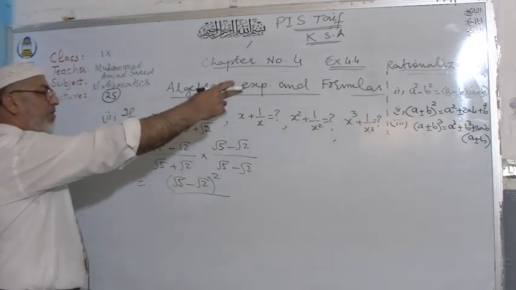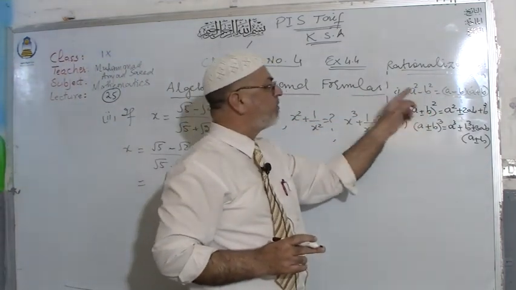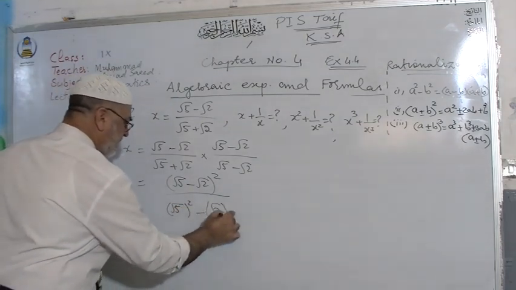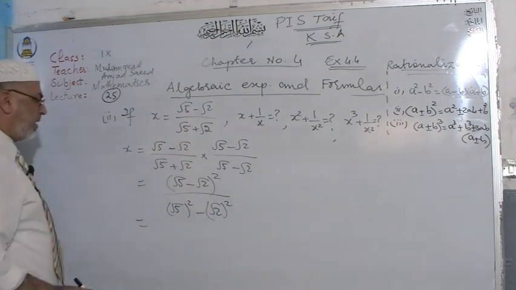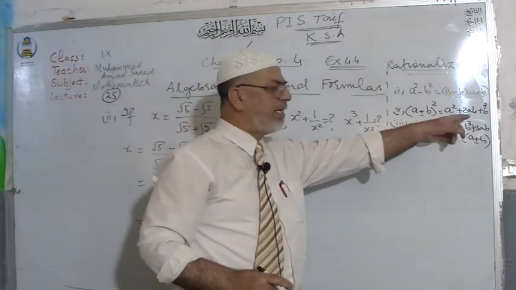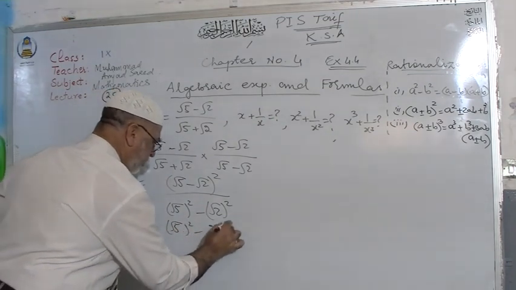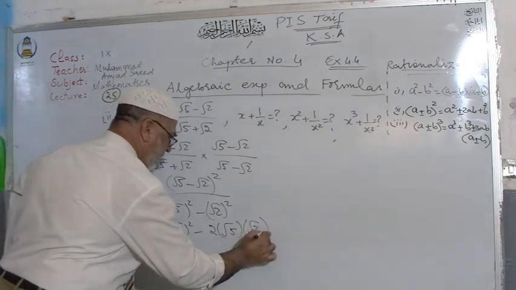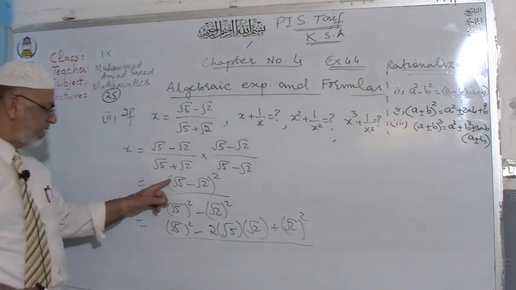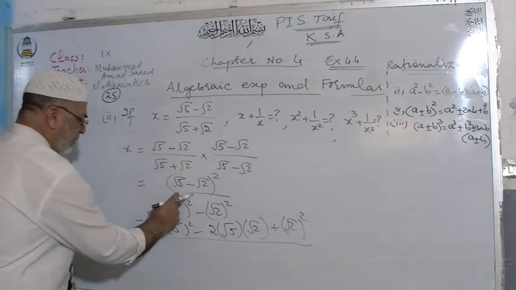So you will apply the formula number 1, and you are given the right hand side and you want to move to the left hand side. Here is first square minus second square. Now open up the formula of square. Now this is the formula a minus b whole square. Open up. What will be? First square minus 2 into first into second plus second square.